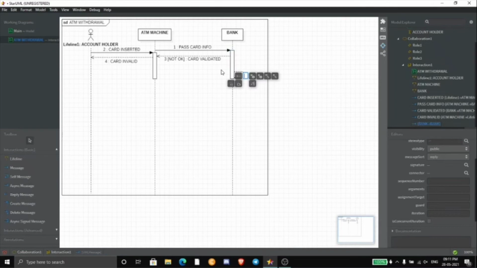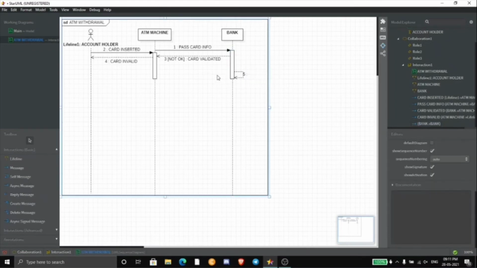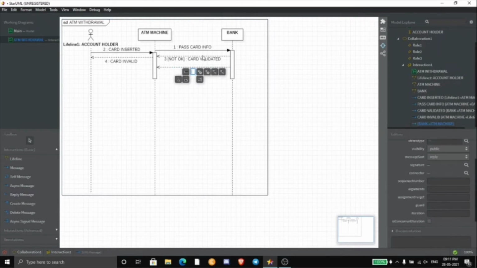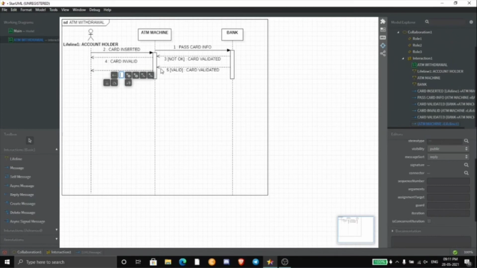Again here we will reply with a message from the bank asking if the card is valid, and if it is okay, the ATM machine will send a message to the account holder saying card is valid.